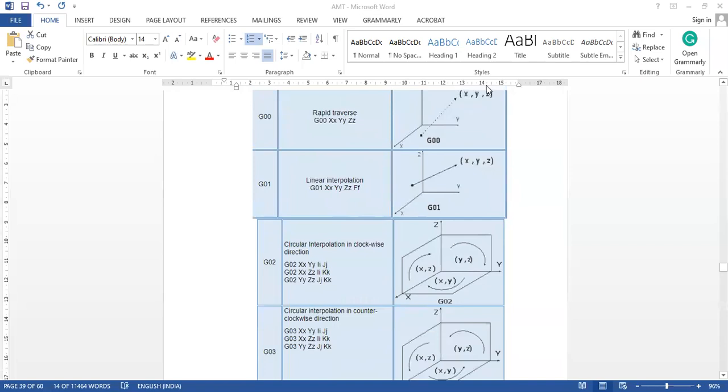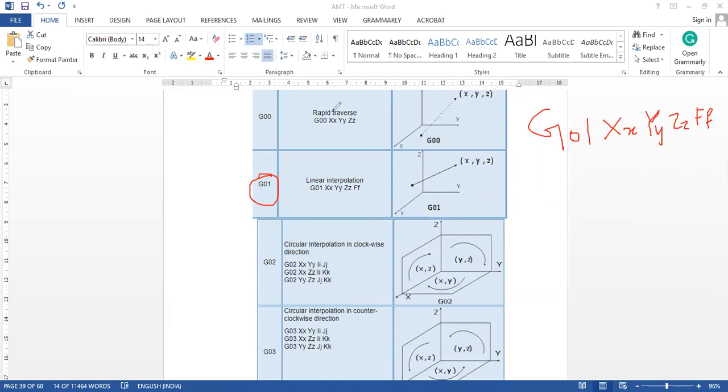Then next is G01. G01 means linear interpolation, that means linear movement with cutting. Whenever I give G01, cutting will happen. For G01, enter the X value, Y value, Z value, and then the feed value also, F. So small x, small y, small z, and feed value.